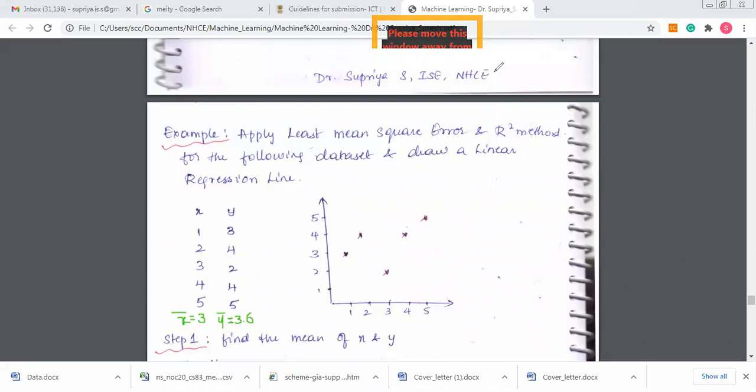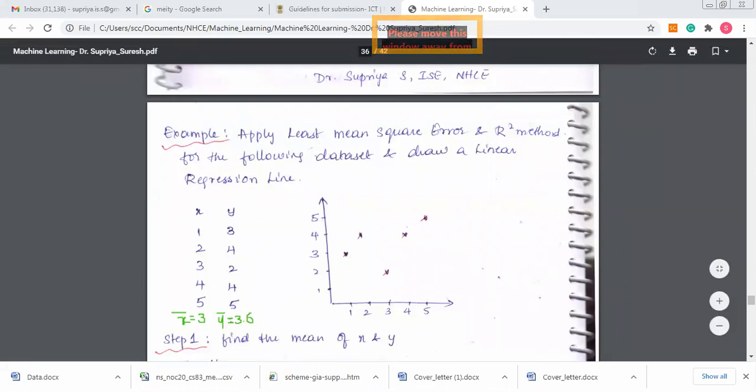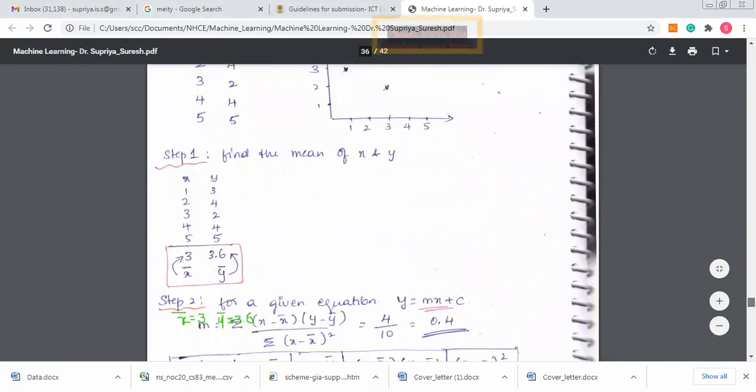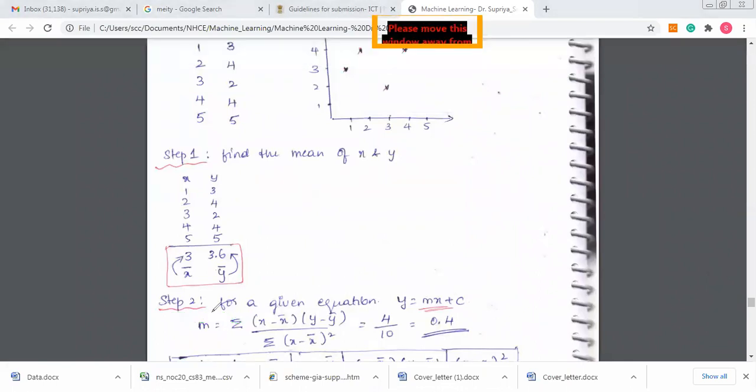Okay, so let's go ahead. Yes, 3 and 3.6. Okay. So now my second step is going to be, let me clear it. For the given equation, because I have to come up with a linear regression line, y is equal to mx plus c. In order to find the value of m, the slope over here, I'm going to calculate it using the equation m is equal to